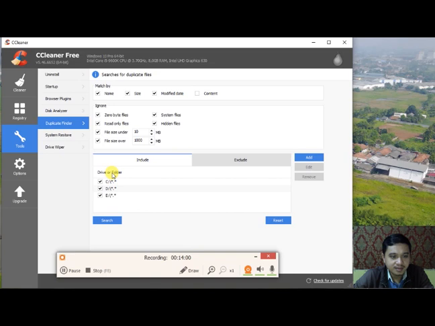And in the include bar, you can see drive or folder. You can check or uncheck.